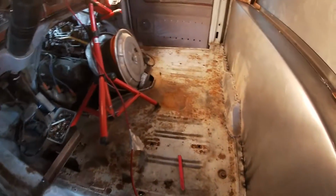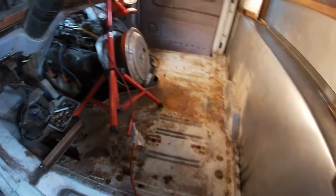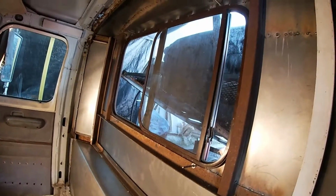I have to rearrange the seat posts a bit. Everything seems to fit good, but I want to lower the seats. I don't want the seats quite as high. So